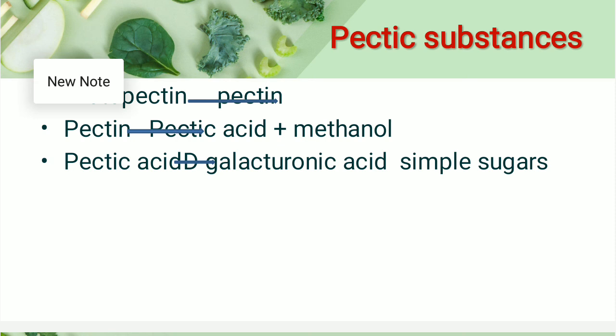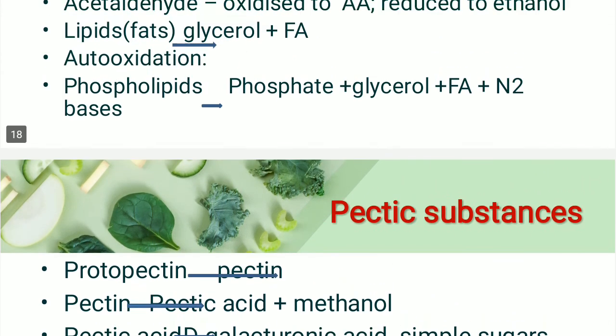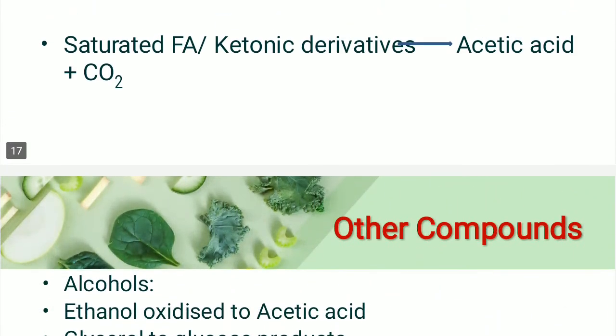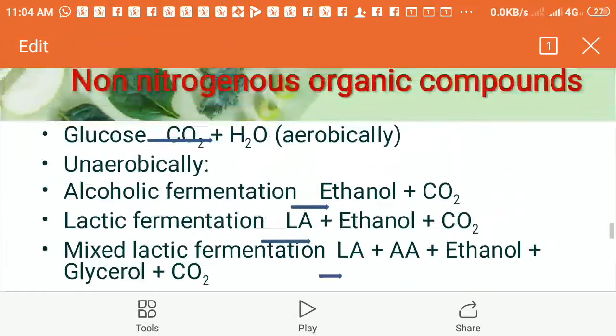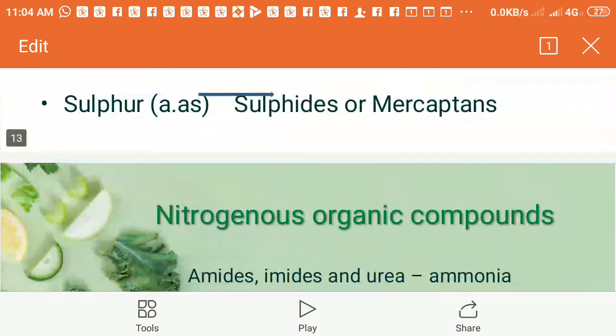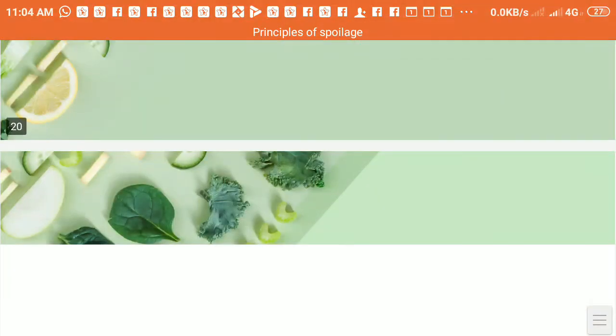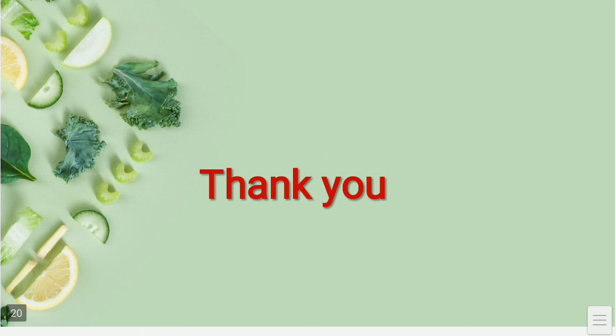So all these different kinds of substances yield to degradation, whether oxidation or reduction, other compounds, organic acids, nitrogenous and non-nitrogenous substances, all these things lead to various types of spoilage. That is why all these factors will have different effects on the different types of spoilage. Further, when we start studying spoilage of cereals, vegetables, and other food materials, we have to keep all these general principles in mind: when it attacks a plant food, what happens?